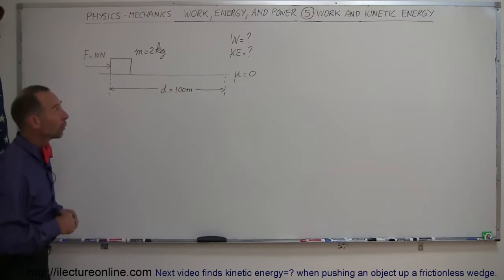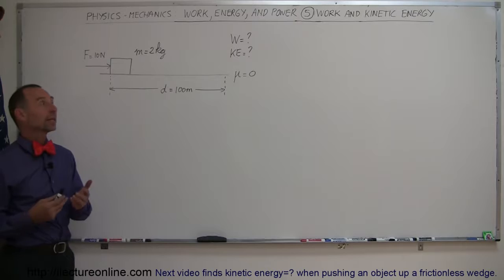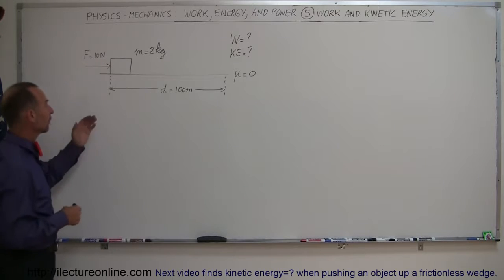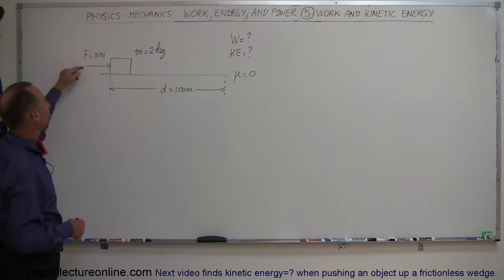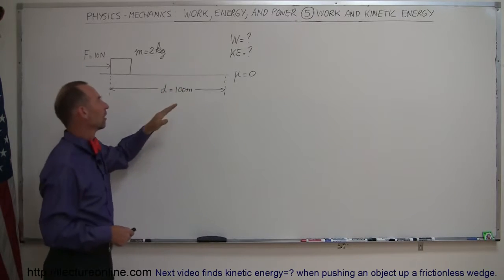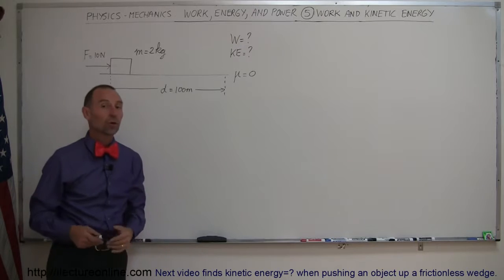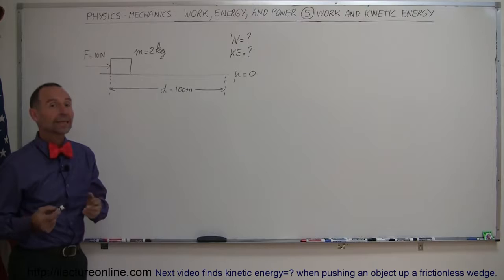In this next video, we're going to relate work done on an object and its resulting kinetic energy. Now here we have an example. We have a mass equal to 2 kilograms, a force of 10 newtons pushing to the right on a frictionless surface for a distance of 100 meters. So let's figure out how much work we have done on the object and what its resulting kinetic energy will